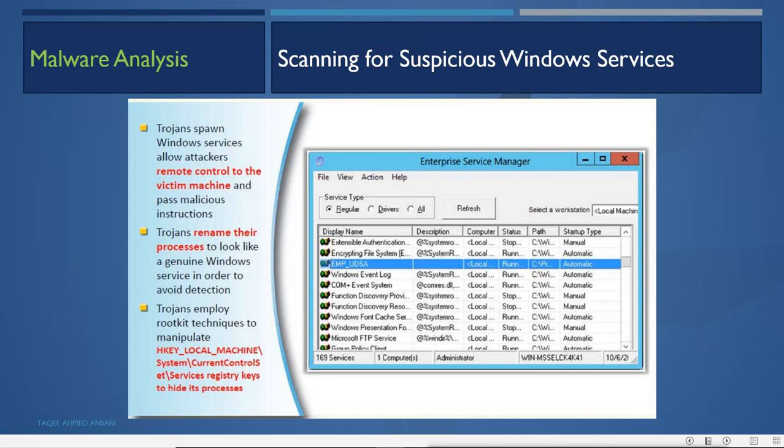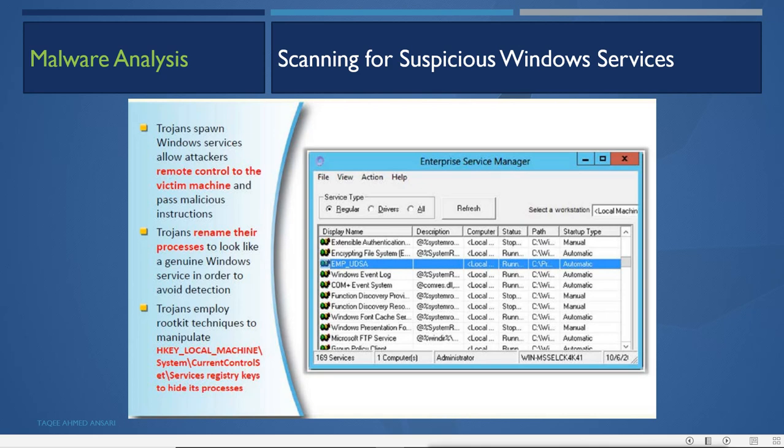Then we can check the process. If it is not using the rootkit technique, then we can see the process, we can see the service running. Mostly, suppose it is using your machine as an FTP to collect the data, so it will enable the FTP server and the FTP service in your system. It can enable the HTTP service, FTP service, and other services to make your machine a server and connect as a client, so that it can access your machine and get the data from your system.